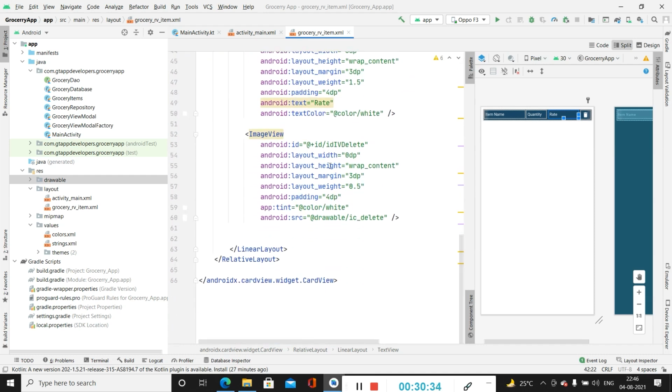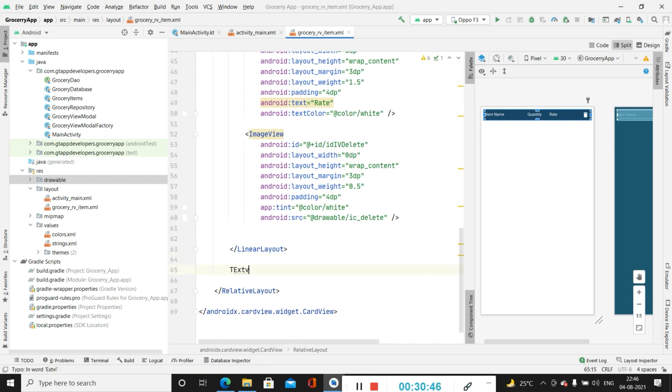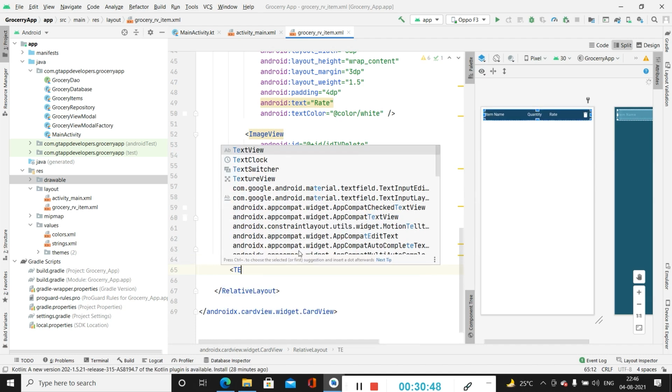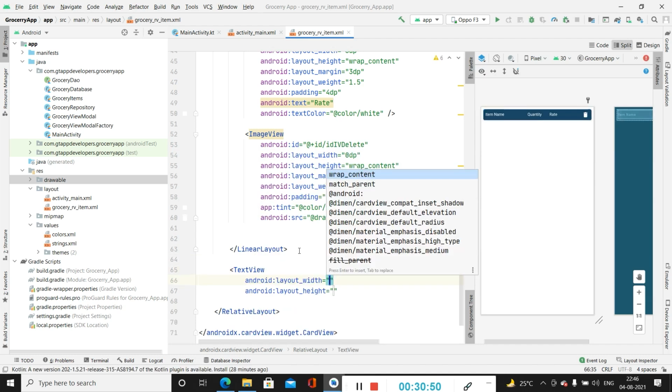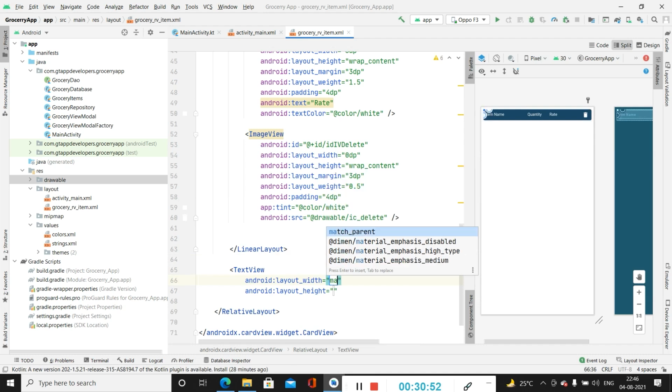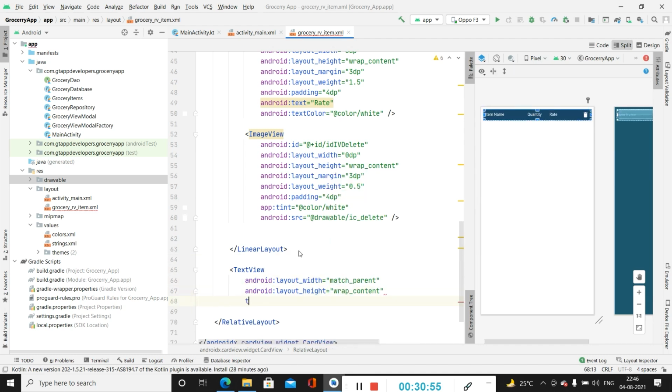Now after this linear layout, we have to create other two text views, that is total amount heading and total amount, that is for each item with their quantities. So for that we will be creating a text view here, which will be our heading. We will be specifying width as match parent, height as wrap content, text as total cost.